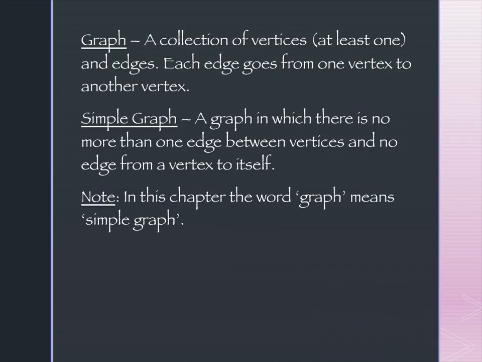Okay. So the first thing we're going to define is what we mean by a graph. So throw everything out the window about things you've worked with graphs before. This is a definition that's specifically for graph theory. This is simply a collection of vertices, has to have at least one, and edges. Each edge goes from one vertex to another vertex. So you want to imagine something that looks like this. You got a collection of dots, and maybe this graph connects with this edge and this edge and this edge,